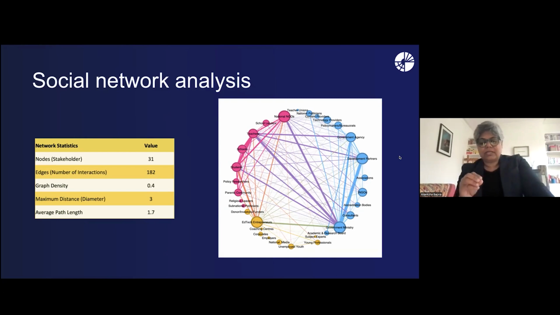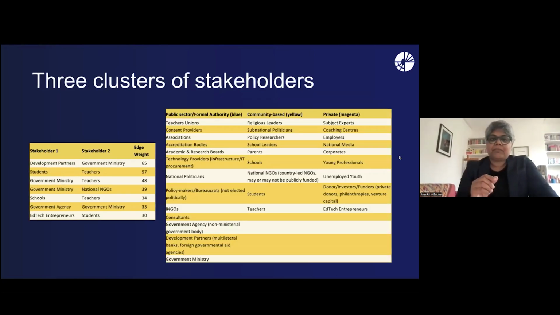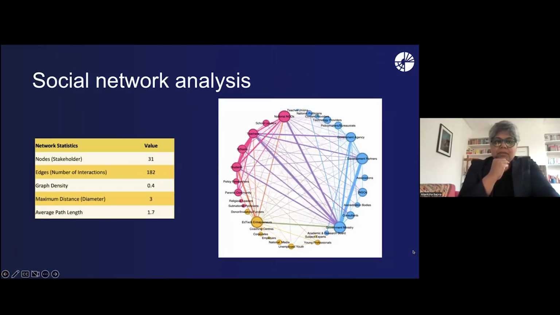If we go to the next slide, you can see that these 3 color groups form roughly 3 types of stakeholders that are closer with each other compared to other groups. So it's not a very distinct separation, but it's a very broad separation in terms of public sector stakeholders working together, community-based ones working together, and private ones working together, but they all, of course, interact within this network as well. We also find that if you just go back for a second, and I'll come back to the slide,